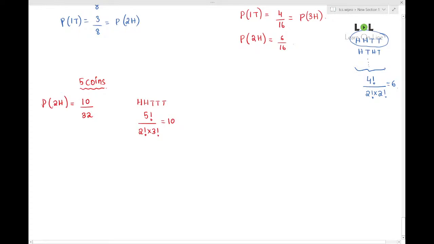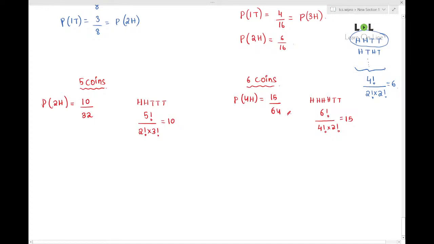Suppose I talk about 6 coins. What is the probability of, let us say, 4 heads? What do we do? We take one example. 4 heads. The remaining 2 coins will be 2 tails. We rearrange them. What do we get? 6 letters, 6 factorial. Repetition: 4 factorial by 2 factorial. If you solve this, we should get 15. So favorable cases are 15. Total cases, 6 coins means 2 power 6, that will be 64.